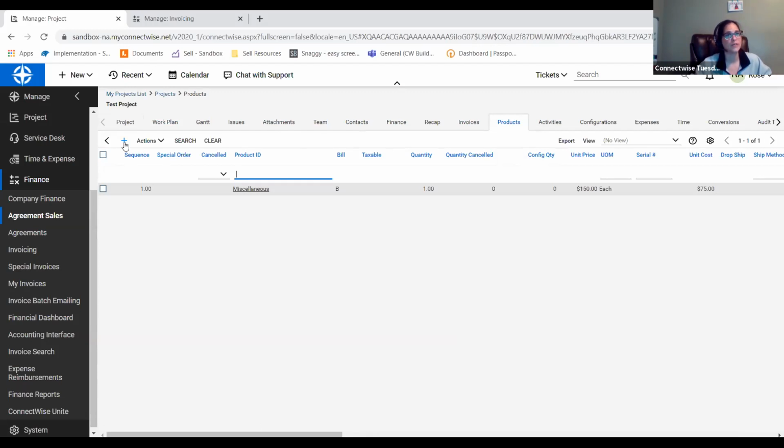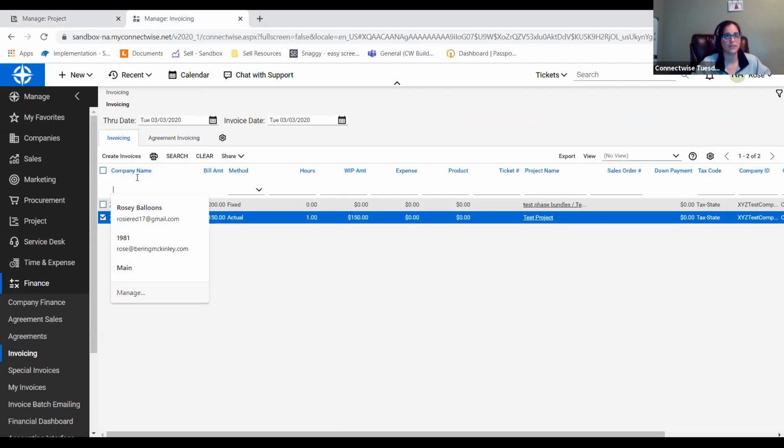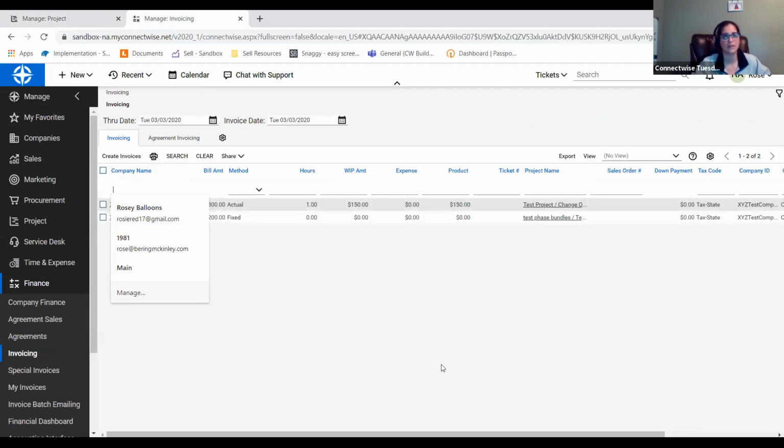So instead of invoicing when that phase closed, it would have invoiced when I closed the project, okay? So it's really important to understand the difference of where to add the product if you are doing a change order. So now that that's been closed, if I come back to my invoicing screen here,